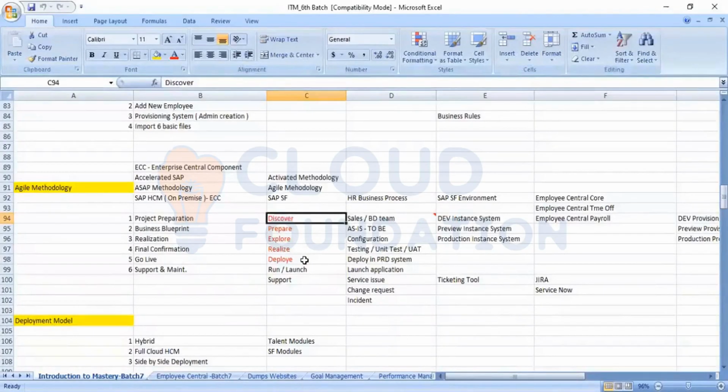Coming to the discover phase, how do things go on? Again, I'm explaining how the process goes in real time. In the discover phase, the partner company will set up a meeting between the partner company's sales team and the product team of the main company that is planning the implementation.